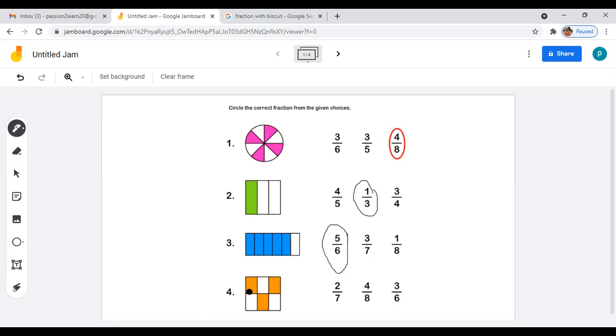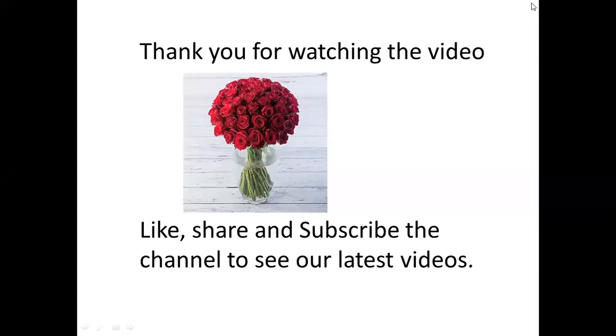Last example. Yes, I can hear some answers over there. Yes, 1, 2, 3, 4, 5, 6. And there are 3 shaded parts. So the answer is 3 by 6. Is the fraction not so easy and simple? Yes. Keep practicing fractions at home and it will be very easy. I will also come up with a few more worksheets in the upcoming video.